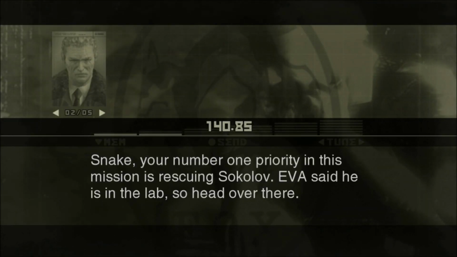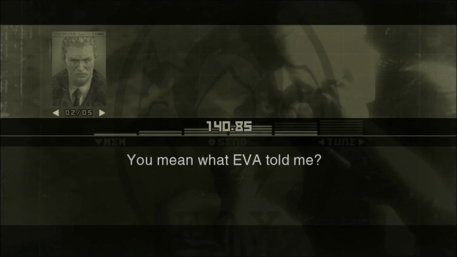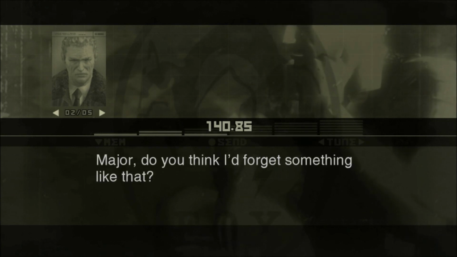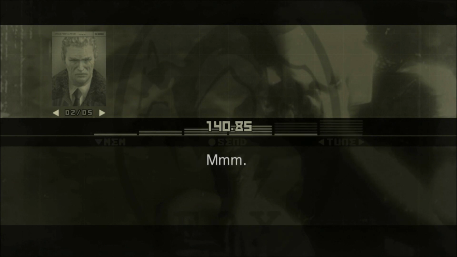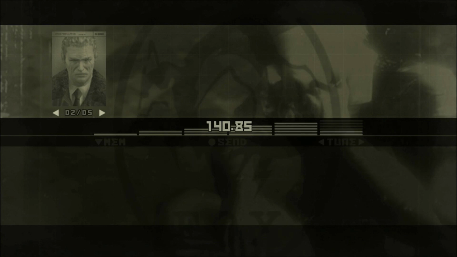Snake, your number one priority in this mission is rescuing Sokolov. Eva said he is in the lab, so head over there. Right. Do you remember how to get to the lab? You mean what Eva told me? Yes. Of course I do. All right, repeat it for me. Major, do you think I'd forget something like that? Let's hear it then. First, I follow this aqueduct north. Then I'll come to a warehouse. And then? And then...